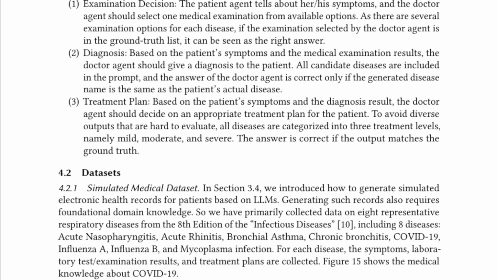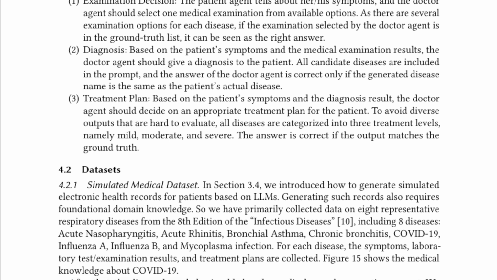All candidate diseases are included in the prompt, and the answer of the doctor agent is correct only if the generated disease name is the same as the patient's actual disease. 3. Treatment plan. Based on the patient's symptoms and the diagnosis result, the doctor agent should decide on an appropriate treatment plan for the patient. To avoid diverse outputs that are hard to evaluate, all diseases are categorized into 3 treatment levels, namely mild, moderate, and severe. The answer is correct if the output matches the ground truth.